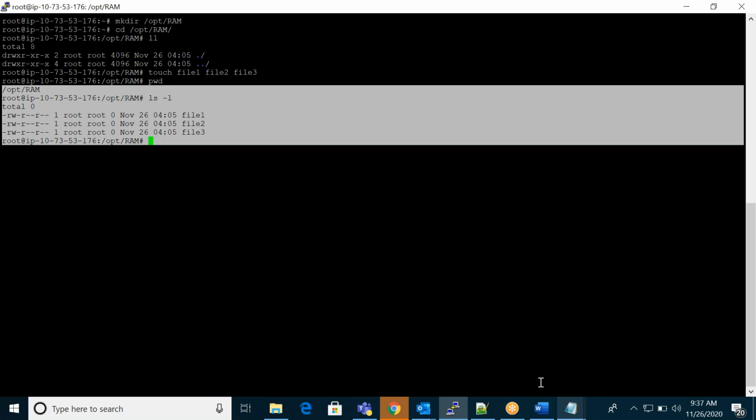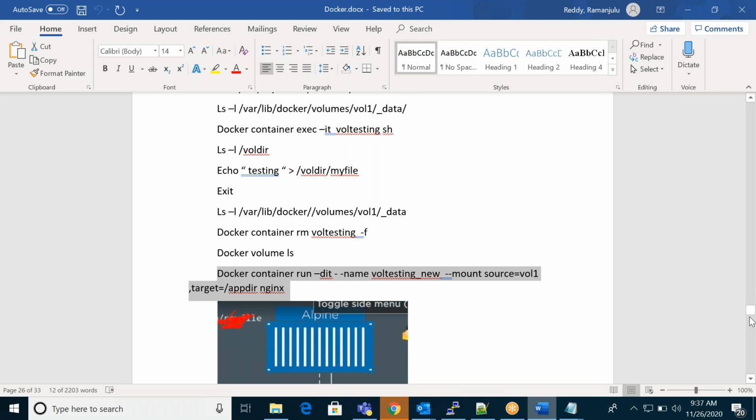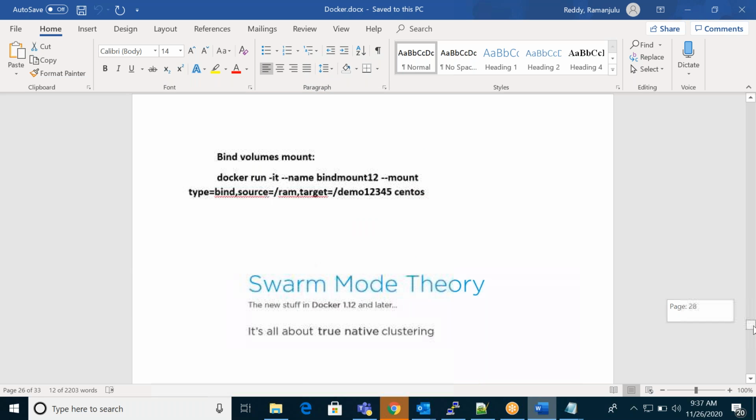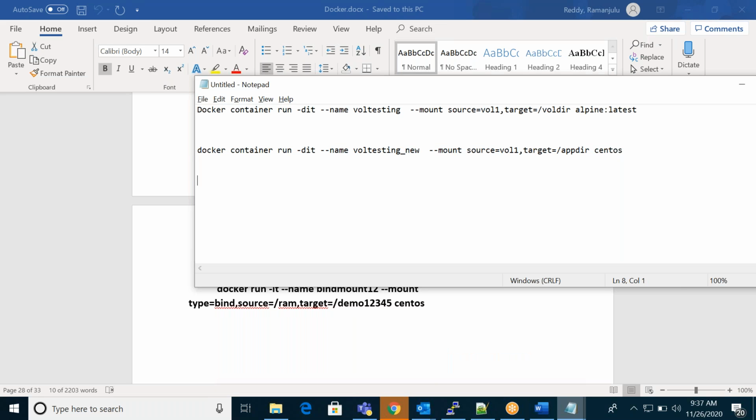So I will attach this one. To attach it, the command will be the mount command. Okay, this is the command. Name, whatever my new container name is. Mount type is equal to bind.